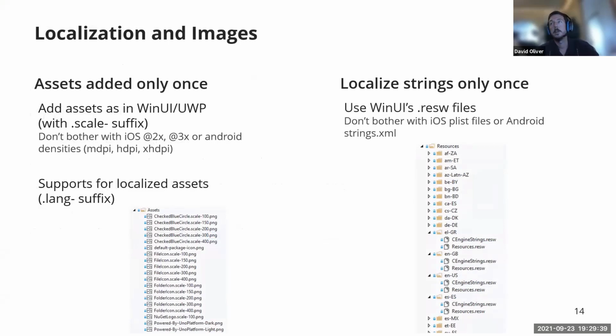Uno doesn't just allow you to reuse the markup and the code that you write. It also lets you reuse images and string resources so that you don't have to define those multiple times for each platform. For images, you just put all the assets that you want to use in a single folder, and Uno takes care of stuff, for example, like setting the right name for different assets to be used at different screen resolutions,